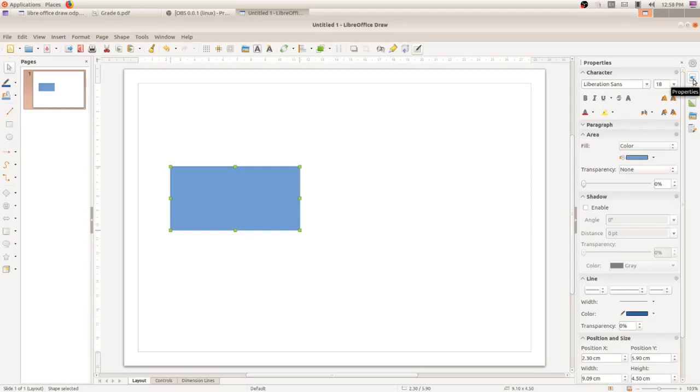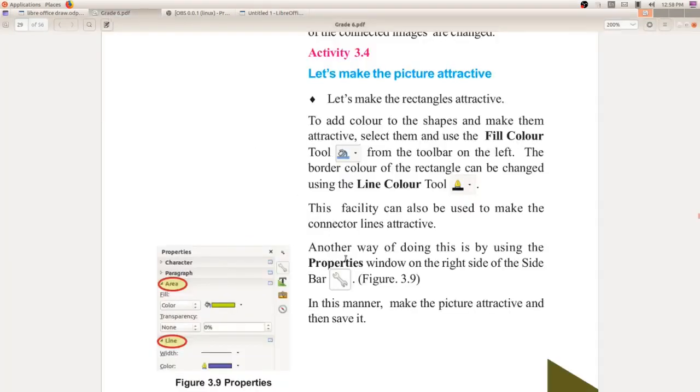But in your textbook you can see the symbol given for the properties window.